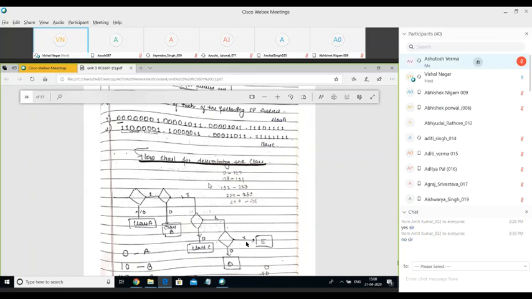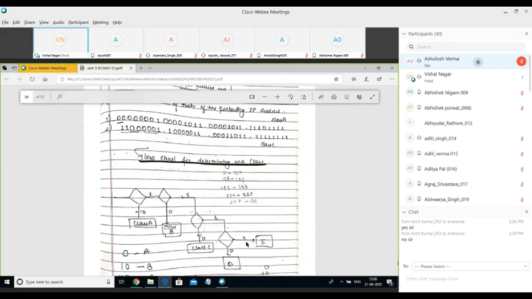Now this is a flowchart for understanding, similar to this question, how we can find out the class of an IP address. Either you can mug up the formats, or you can understand this flowchart. So if we pass the values through this flowchart, and we find the first bit is 0, that means the IP address belongs to class A.